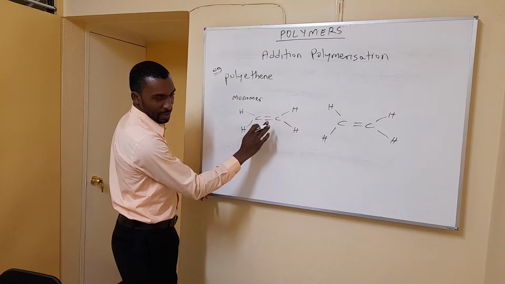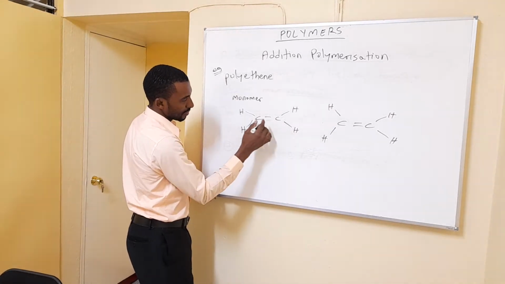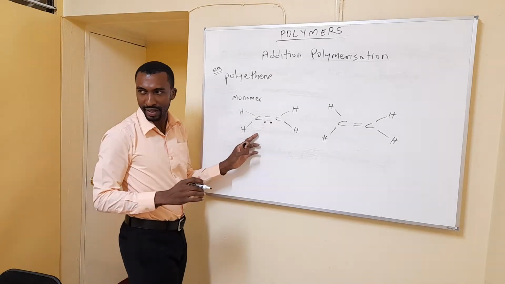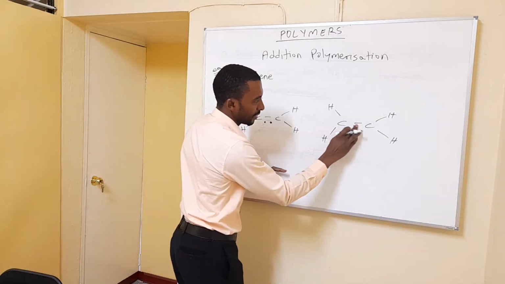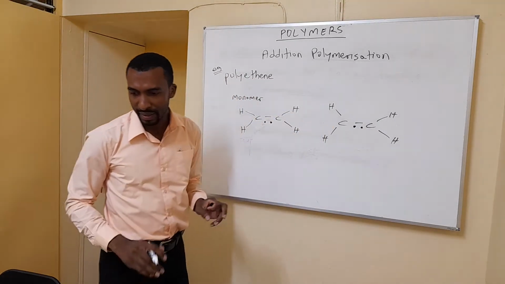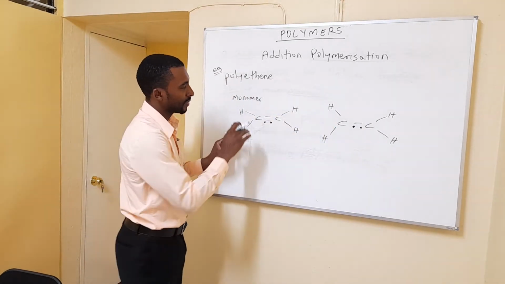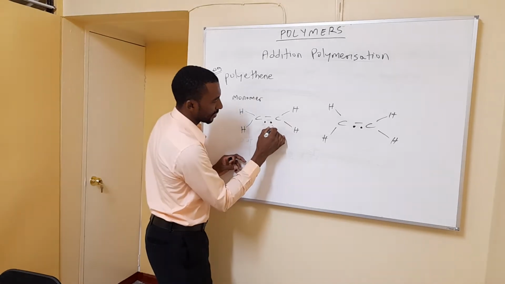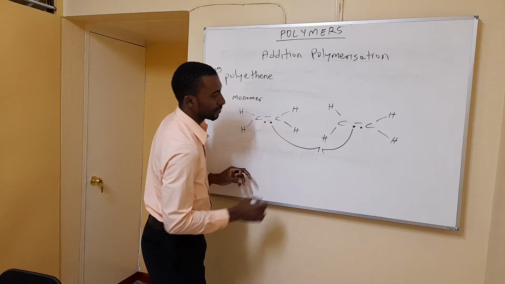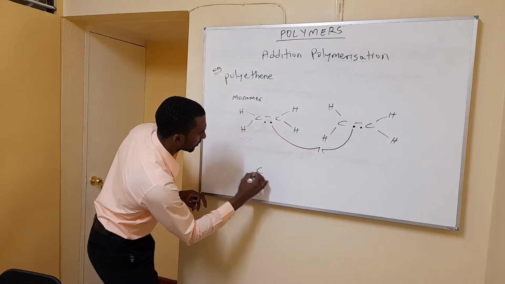Right? So what happens is that this double bond, remember that 2 electrons will make a double bond, right? And this double bond there will actually break, and this electron will go and react with this electron, right? So what we actually have here,